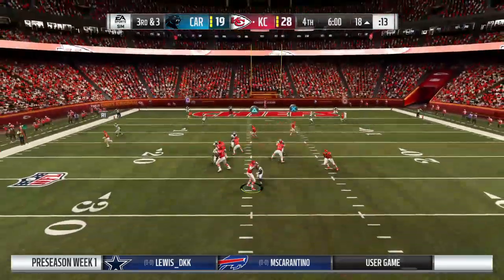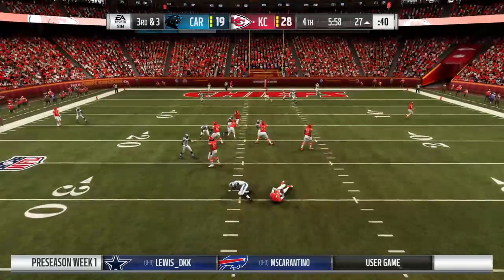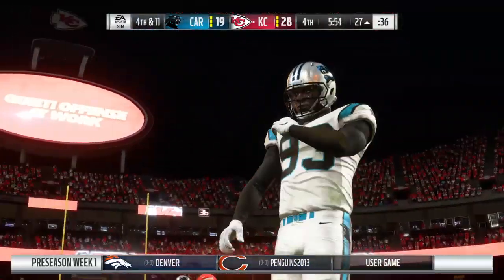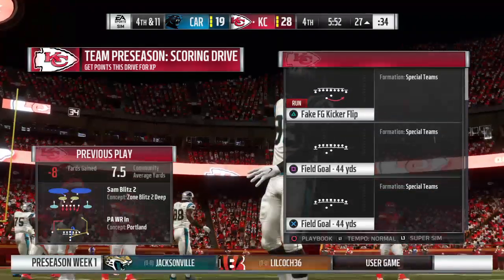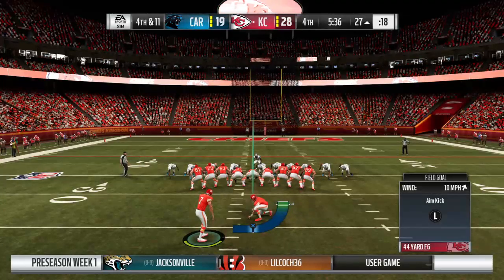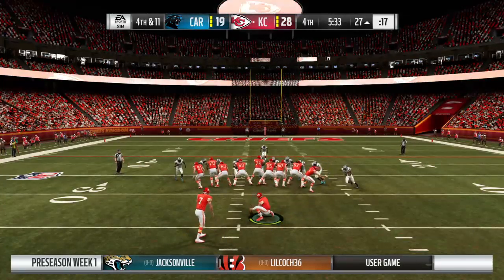Osweiler. Blitz coming, and down he goes. Kerry Hyder coming in to drop him for a loss of 8, and it'll be 4th down. The amount of sacks that they've absorbed in this game is absolutely extraordinary. Let's just face it. This offensive line...